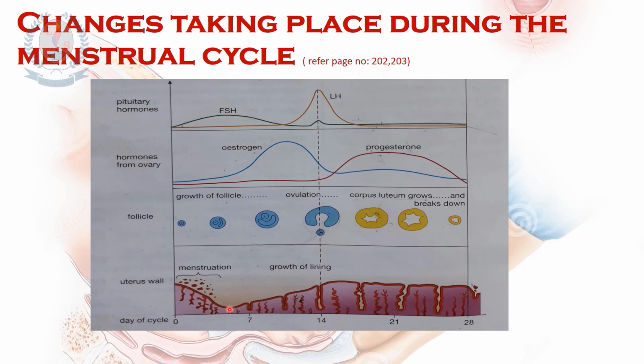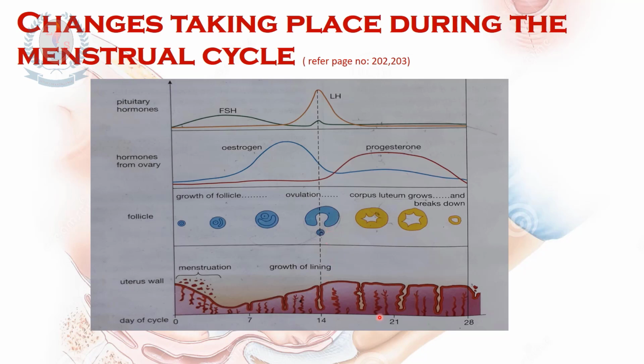The growth of the lining of the uterus is stimulated by the hormone called estrogen. That's why you can see this estrogen hormone increase during the growth of the lining of the uterus. These are the things which happen until the 14th day. Then if fertilization happens,